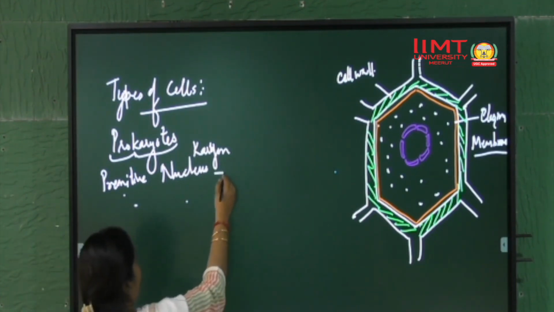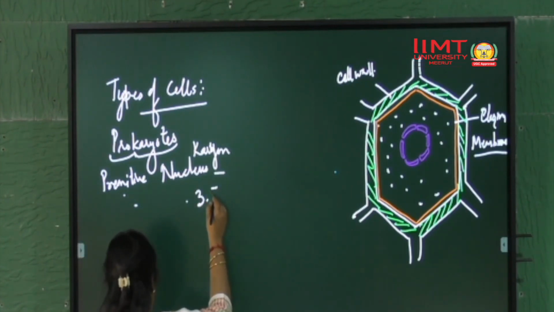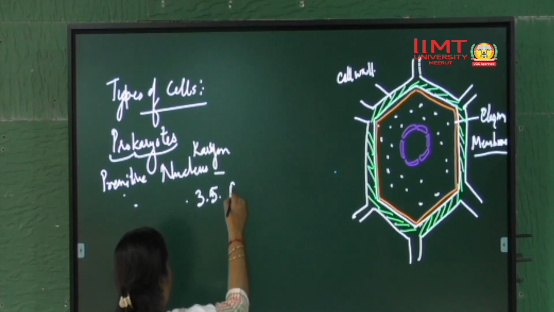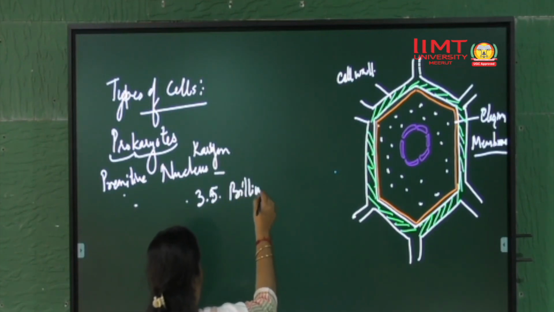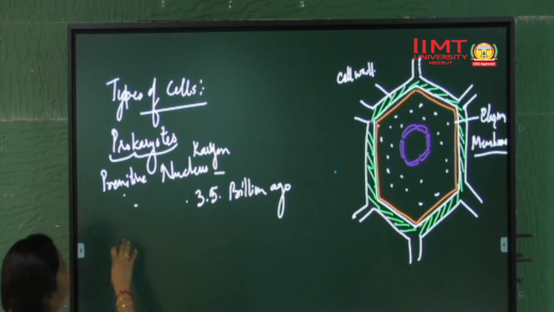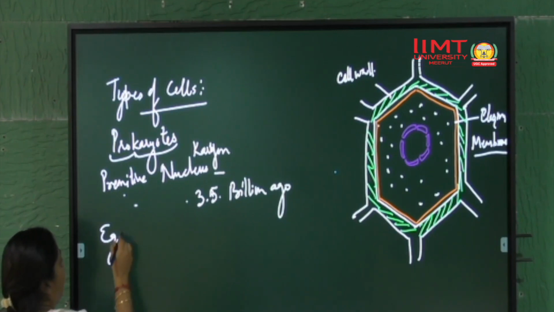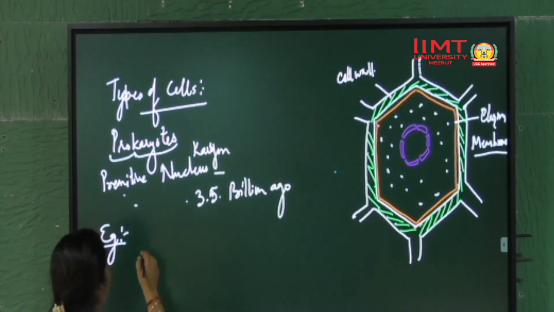Prokaryotic organisms or prokaryotic cells have been in existence for about 3.5 billion years. So, this is about the prokaryotic cells. Examples of prokaryotic cells are